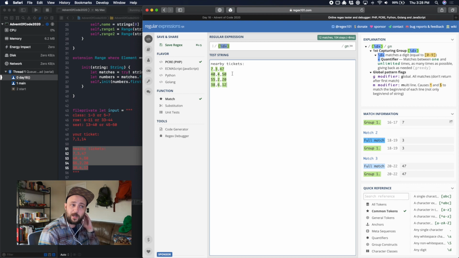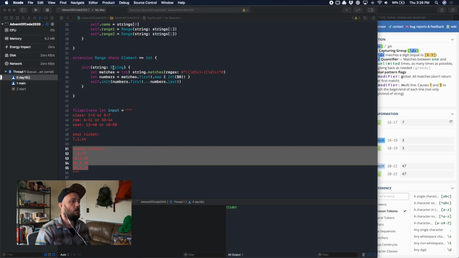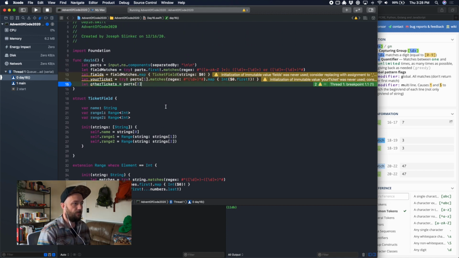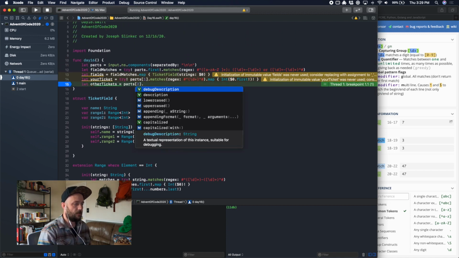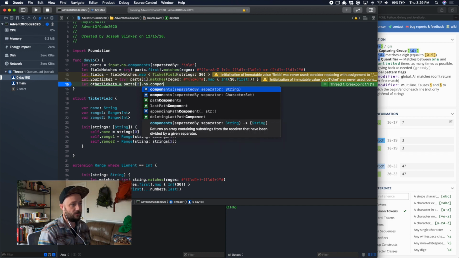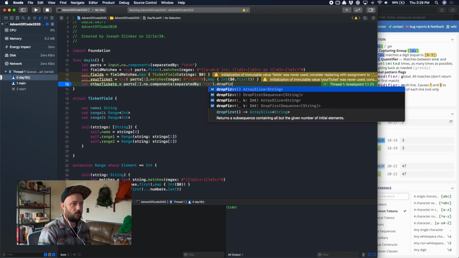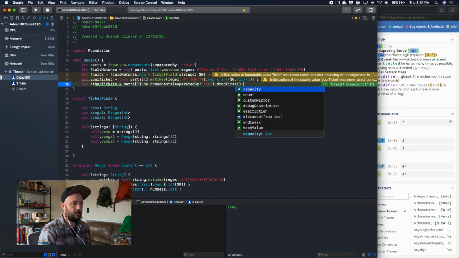I guess what we actually want, we can split this by new lines. Yeah, let's split it by new lines, and then we can just go by digits, and we can use the same regex there. So let's do that. parts.ns.components separated by a new line character. So that'll get us each of the lines, and then we'll do drop first, and then we're going to say